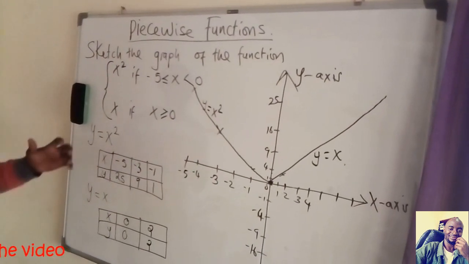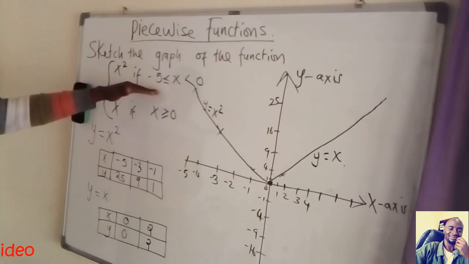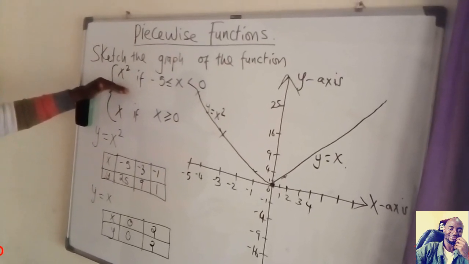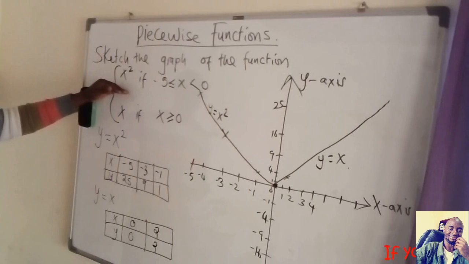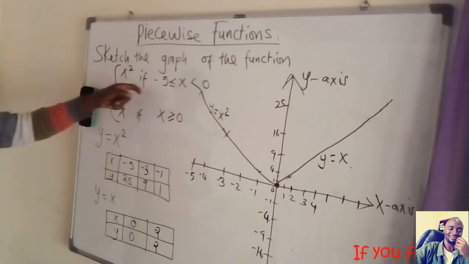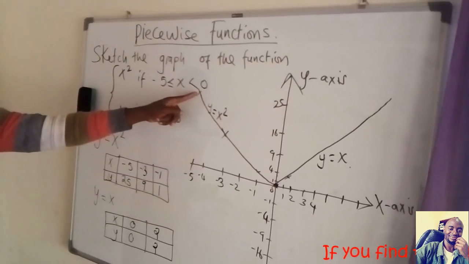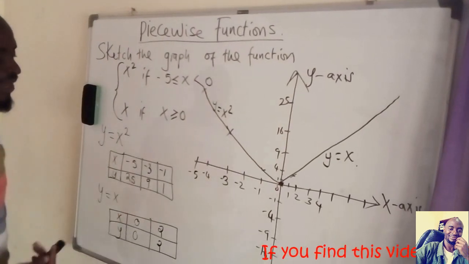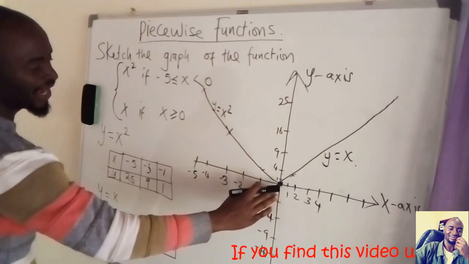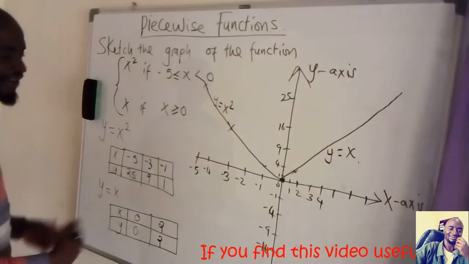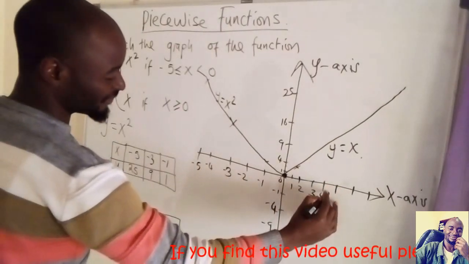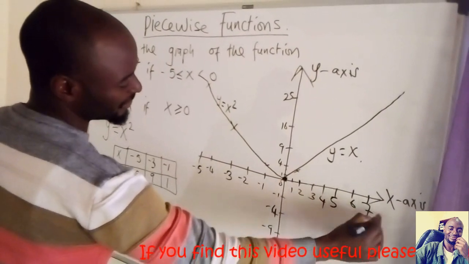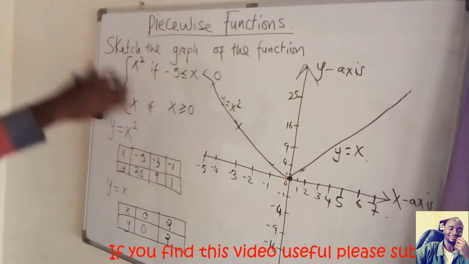For you to complete a sketch, you need to know where a given function is valid, which interval. So like in our case here, this function was valid in this interval. That's why you can see it is from negative 5 up to somewhere less than 0. And this one moves from 0 up to positive infinity for x. Okay? So you can finish up this, but remember it's a sketch, so you just need to come up with